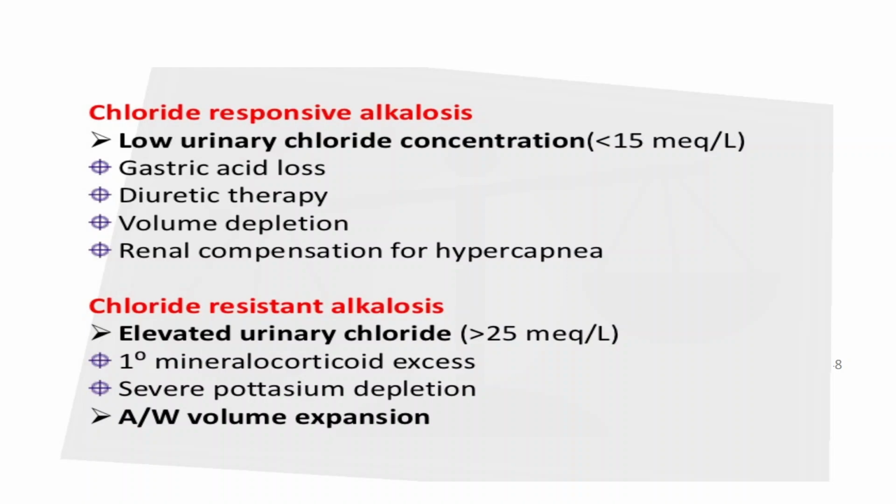This is another way of going into the detail of metabolic alkalosis. It may not be of significance in routine practice, but if we have confirmed metabolic alkalosis, you have to assess the urinary chloride level. If the urinary chloride level is less than 15 milliequivalents, it's considered chloride responsive alkalosis. If it is more than 25 milliequivalents, it's considered chloride resistant alkalosis, and this would have significance